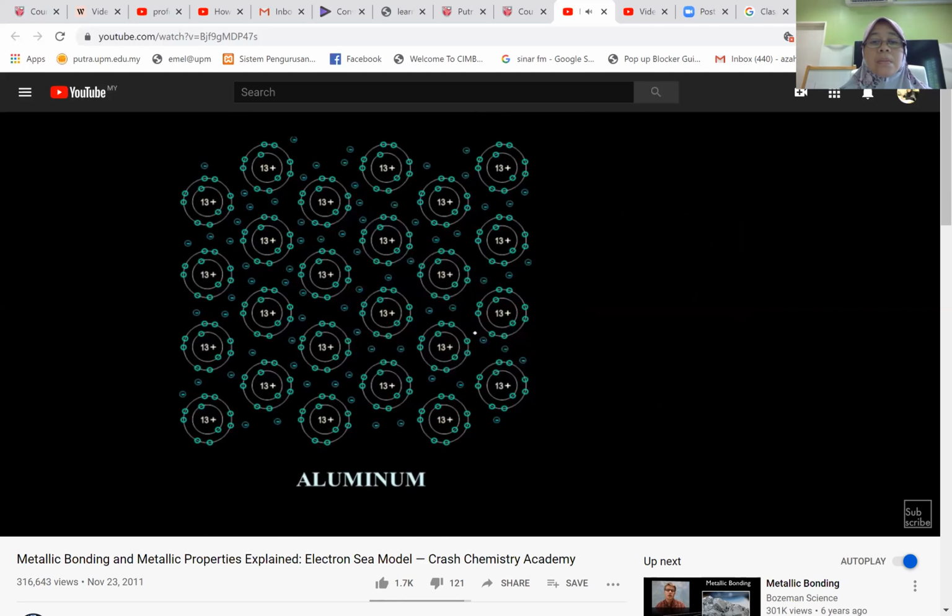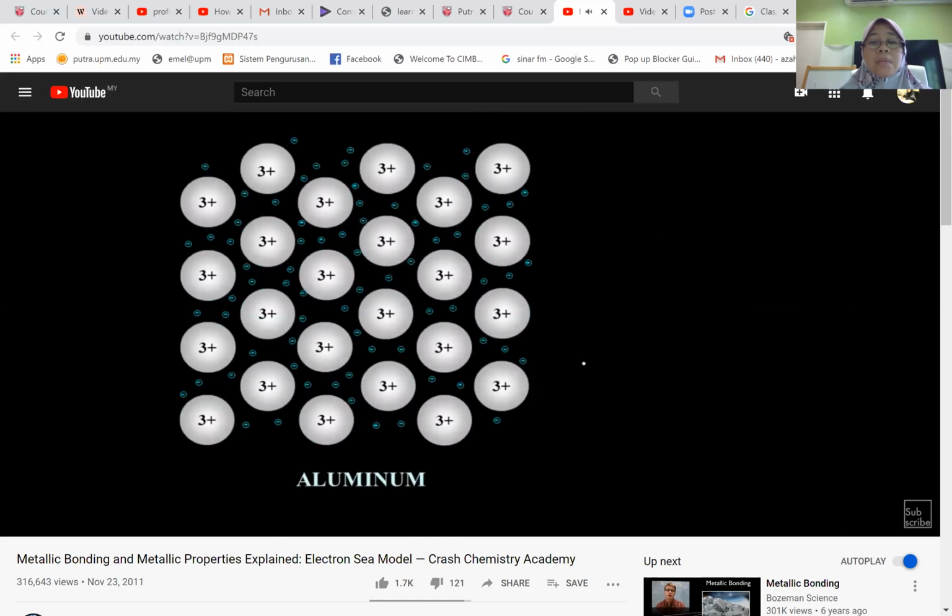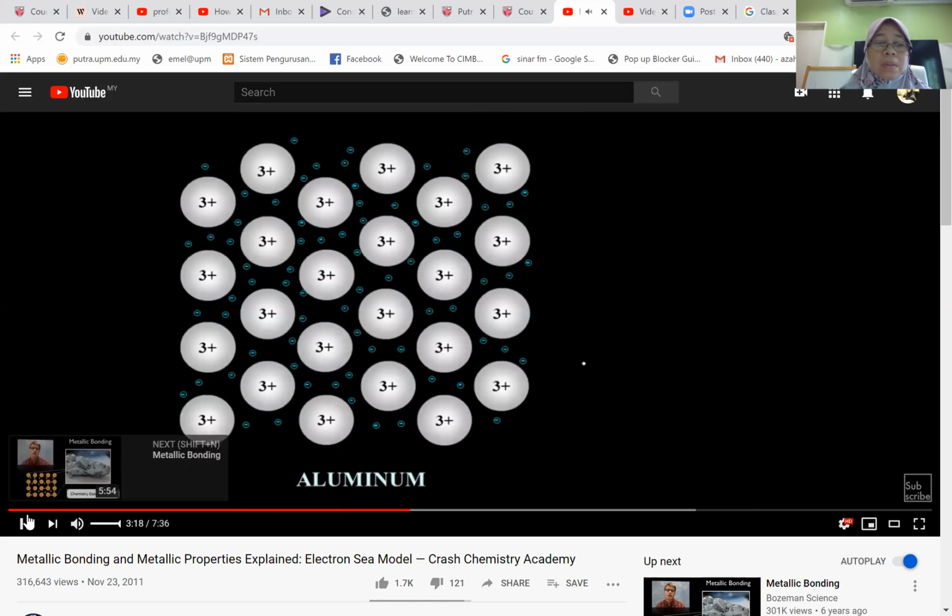So aluminum giving up 3 electrons means that all the cations have a 3+ charge, and each aluminum atom has contributed 3 electrons to the sea of electrons. This creates quite a strong